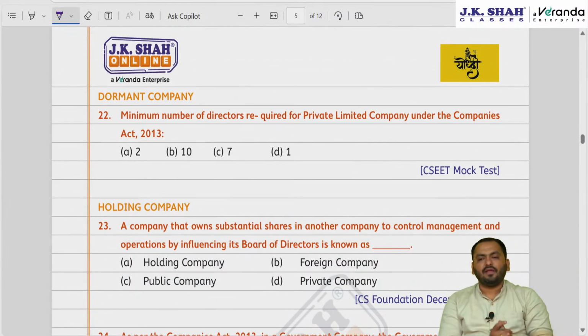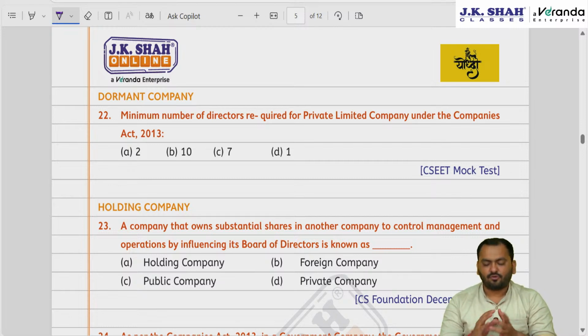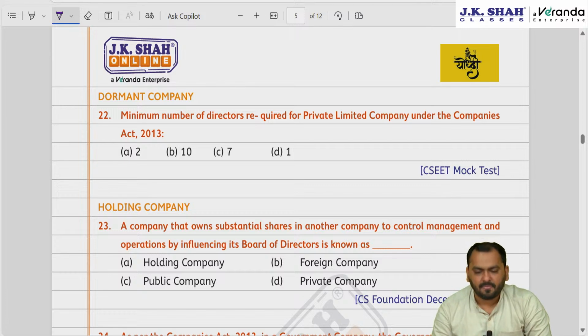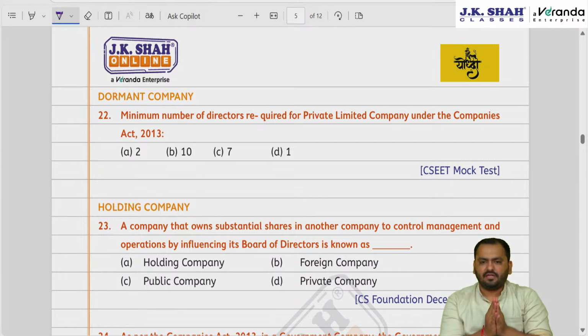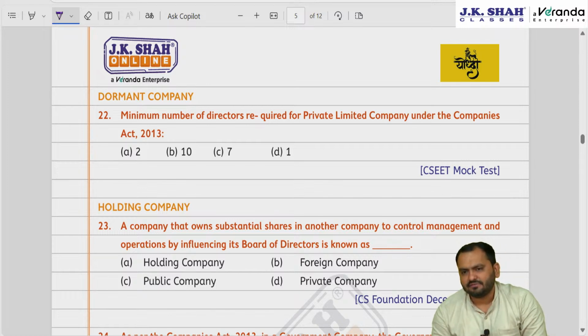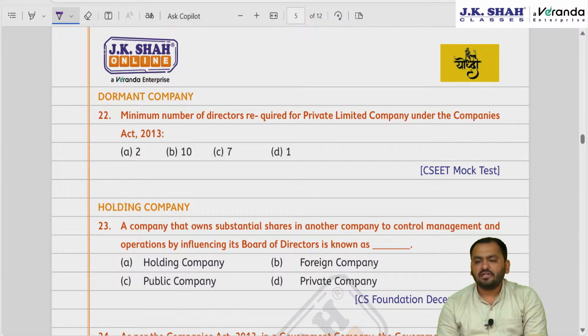The next concept is the dormant company. Do you know what a dormant company is, friends? Before coming to the question, let me first explain what a dormant company is. Friends, a dormant company can be summarized as an inactive company. See, firstly tell me, if your company is inactive, is that okay in the eyes of the law? No. If your company remains inactive, your registration of the company will be struck off by the ROC. They will strike off your name. Remaining inactive due to various reasons is not allowed. But what if you still want to remain inactive?